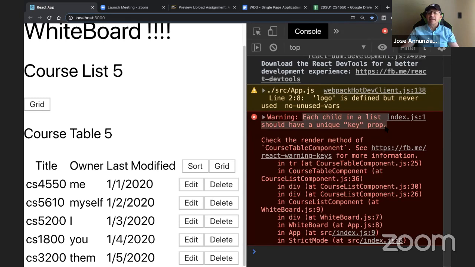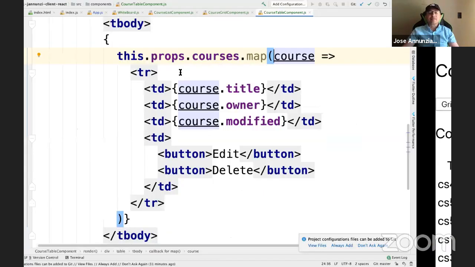As we're iterating, we're generating all these elements brand new, and it's saying that all these elements that I'm generating on the fly